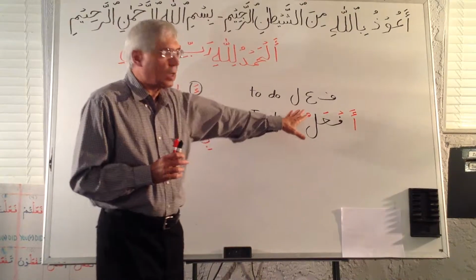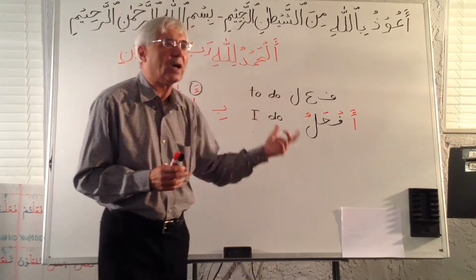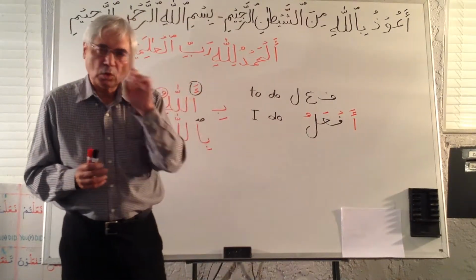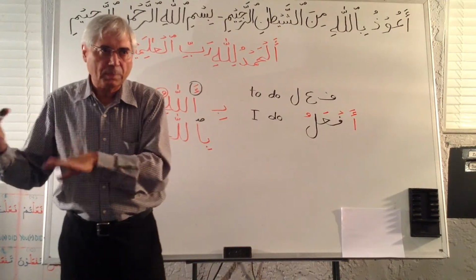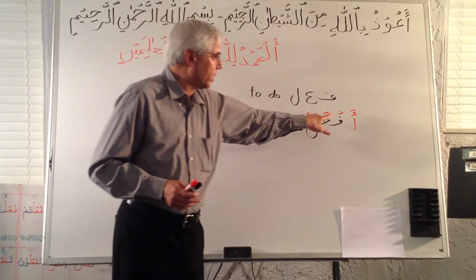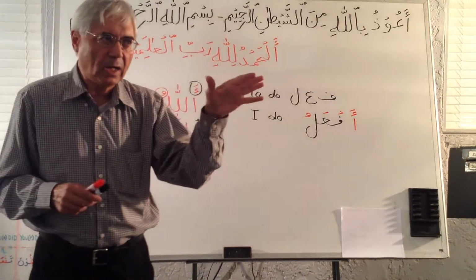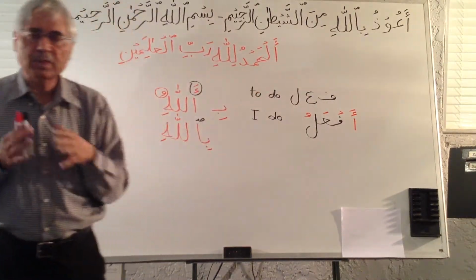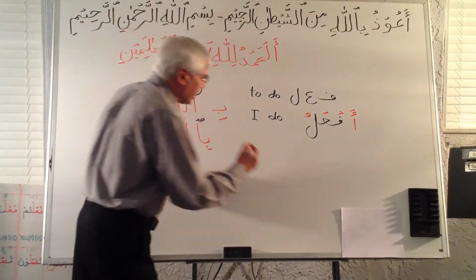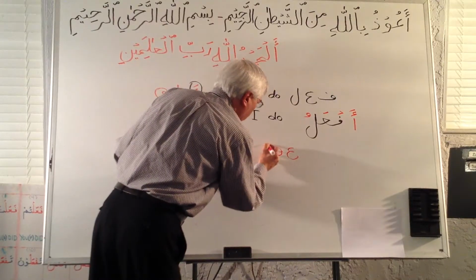So, for now, and you will see from the context why I am using I do instead of I will do. But this is the formation. You add an alif in the beginning, which was not part of the three letters, and then you sound it by putting exactly these harakats in there. Af, a, lu. That means I do.